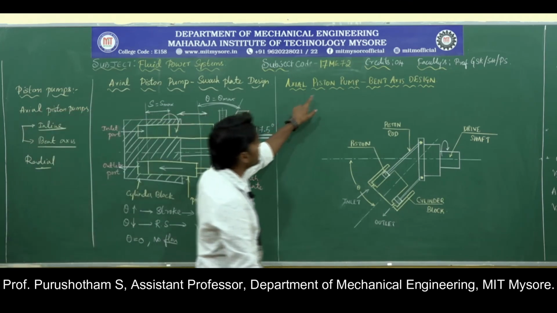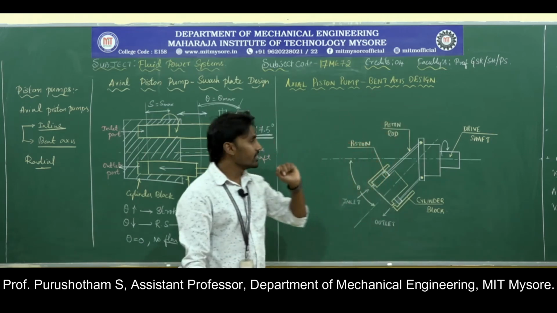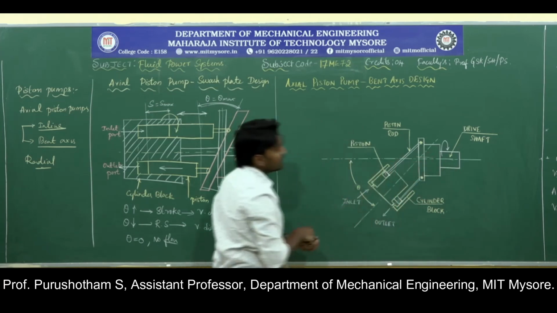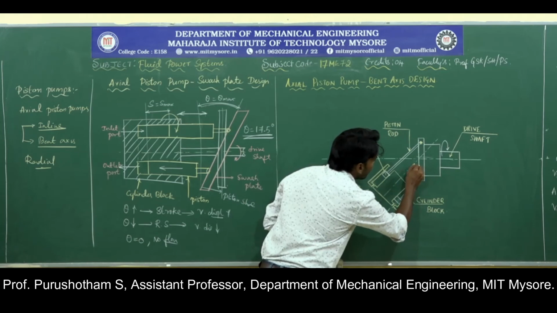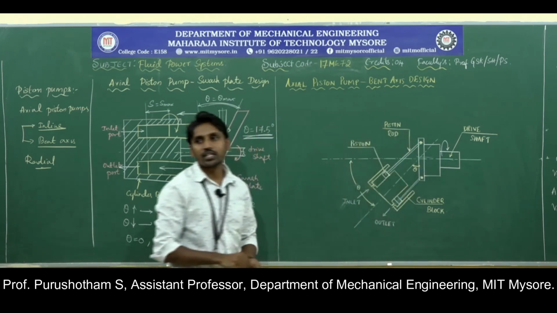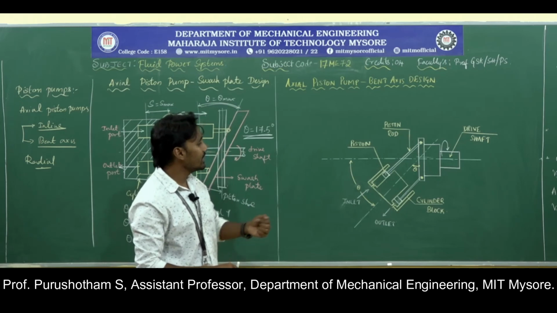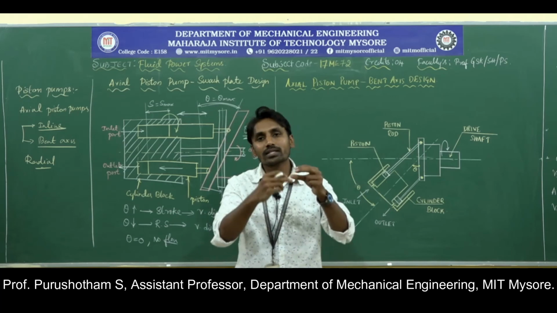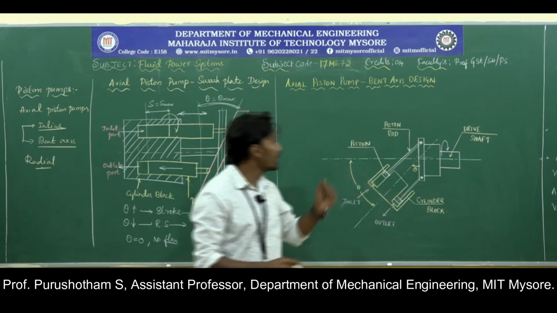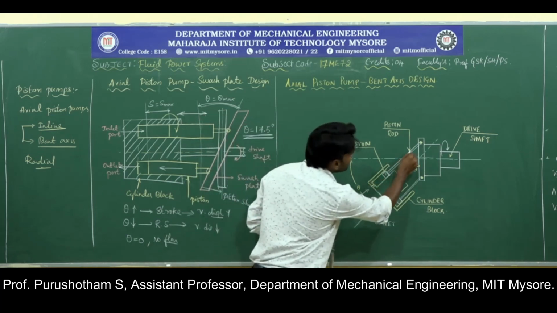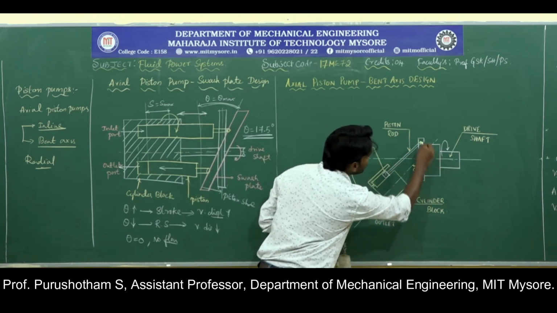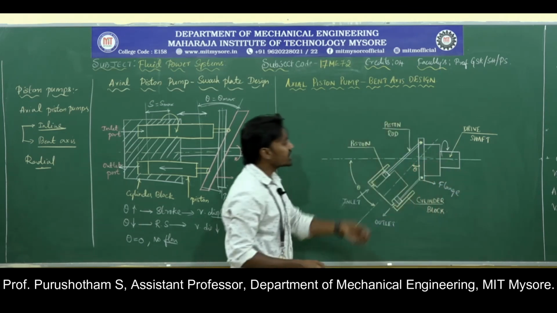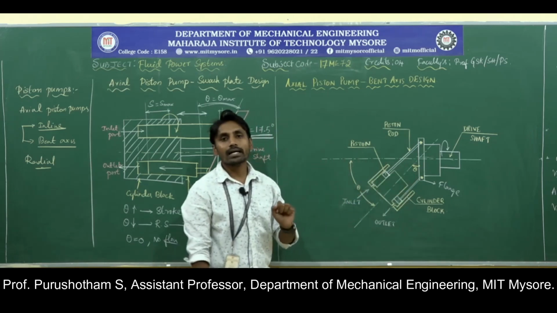Next we move on to the axial piston pump, bent axis design. Here, the axis of the drive shaft and the axis of the cylinder block are offset, having a relative angle, which is why it is called bent axis. The pistons are arranged mutually parallel to each other around the circumferential periphery of the cylinder block, and the piston rods are connected to the driving shaft through the flange. This is the flange, to which the piston rods are connected.